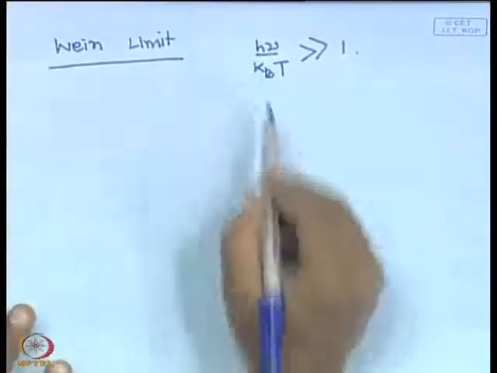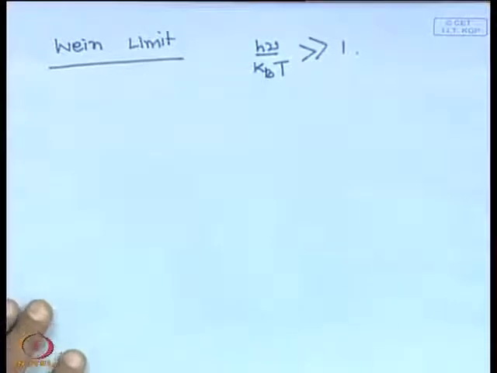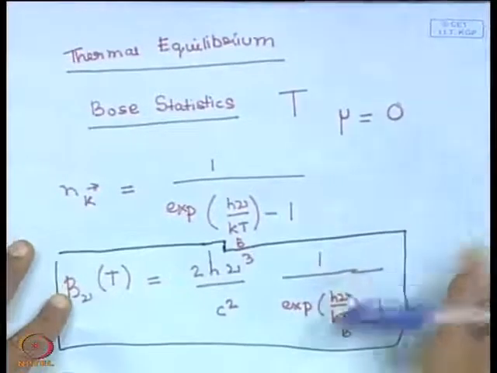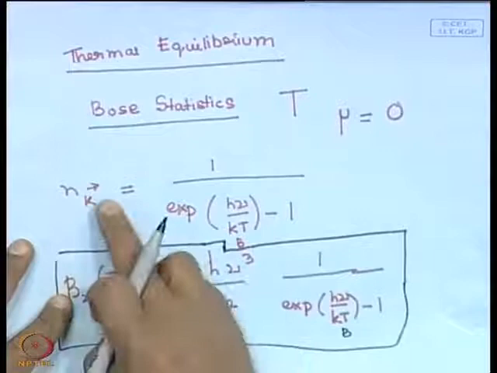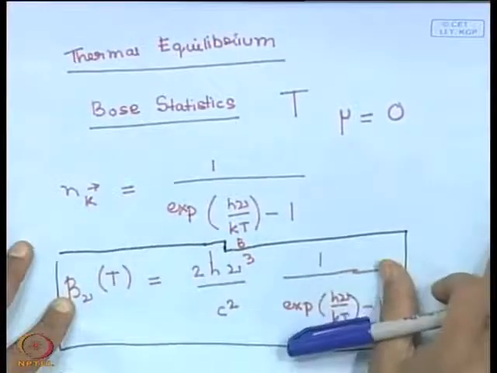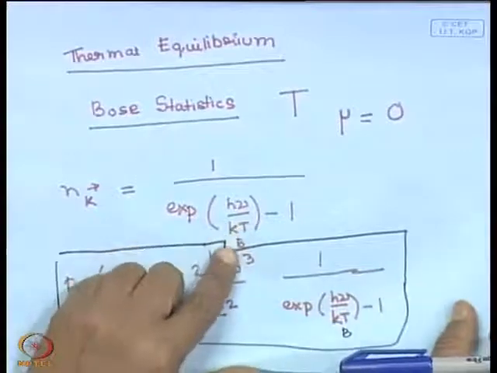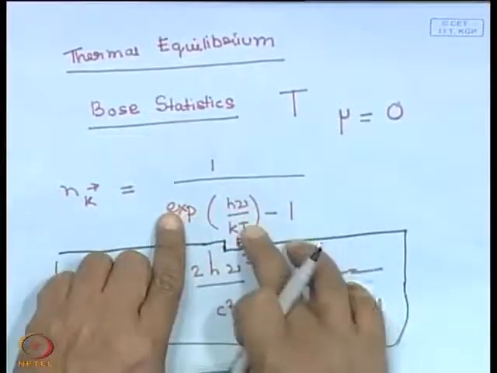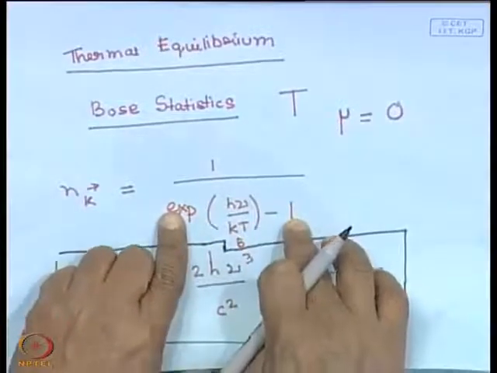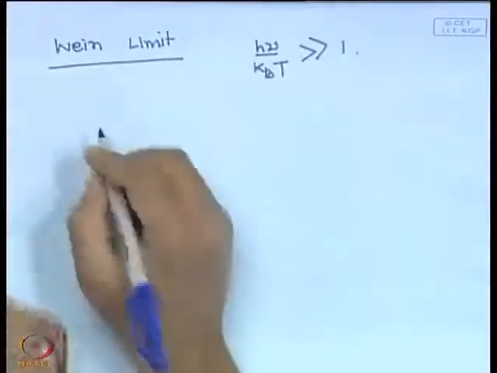So, if h nu by kB T is much greater than 1, the occupation number is essentially exponential minus h nu by kB T, because this number is a very large number, much greater than 1. Okay. So, the occupation number